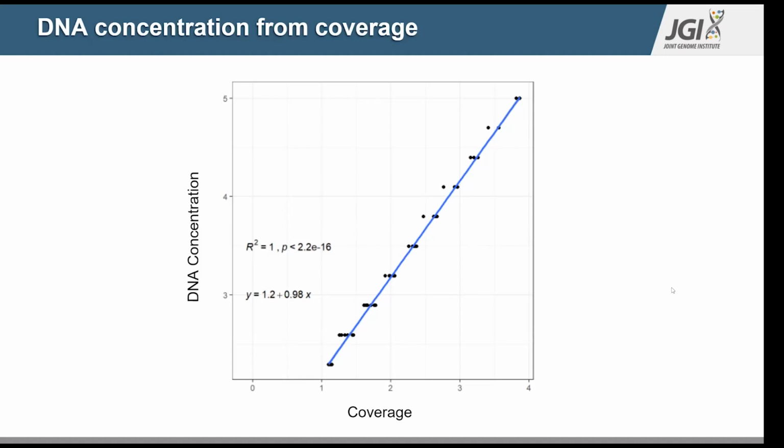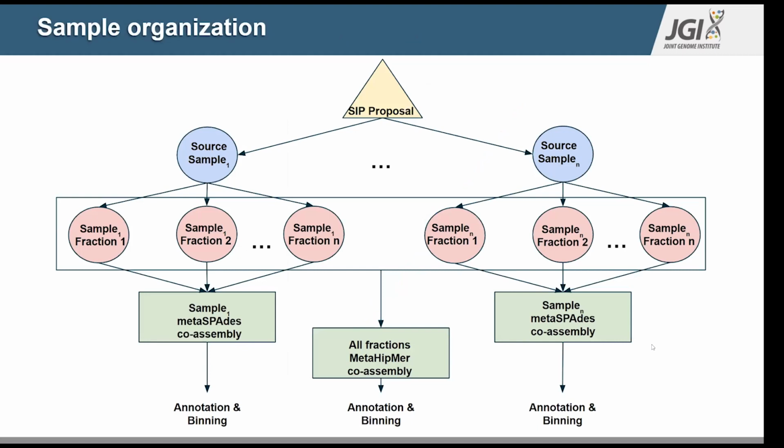Because as you can imagine, if you have 10 samples and you have 20 fractions per each, you have 200 individual data sets that need to be labeled and grouped and assembled. And so the breakdown of this starts with the SIP proposal from the user, and the user will send